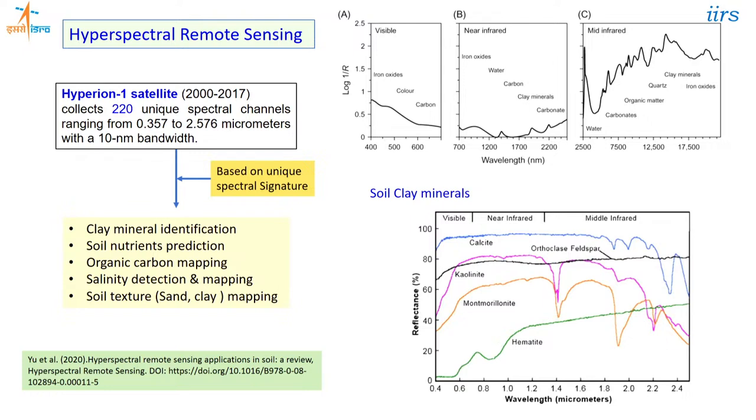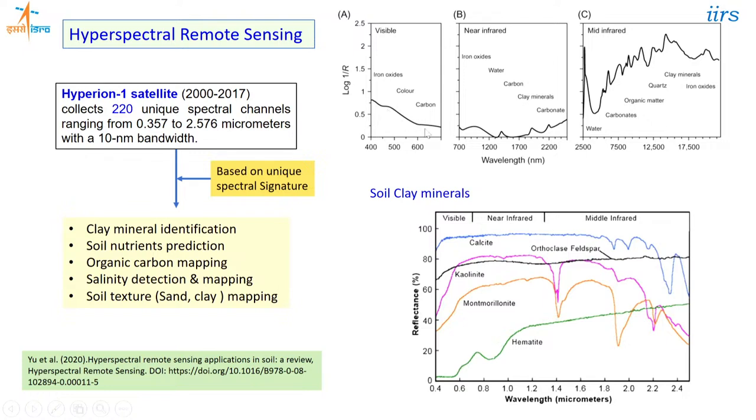But in the case of hyperspectral remote sensing, you are collecting the reflectance in 10 nanometer wavelength regions, which means very close. So you are able to generate a very continuous reflectance characteristic, or you can say